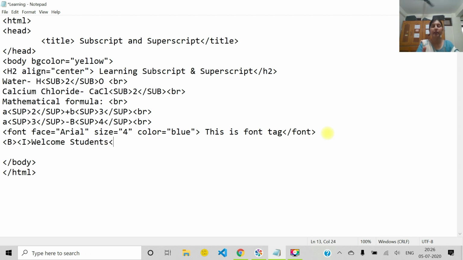Fine. Now when you close the tags, you have started the B tag first, but when you close these tags, which tag will you close first? The italic tag, and that is I. And how will you close it? / and I. Fine. Then you will close bold. Fine.